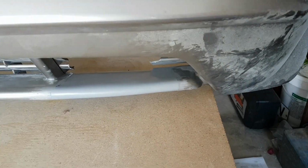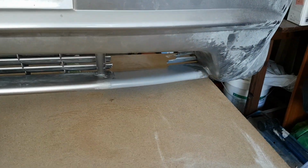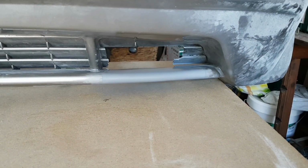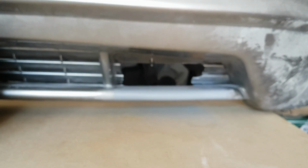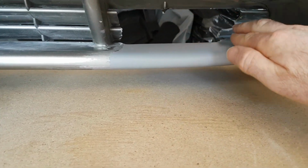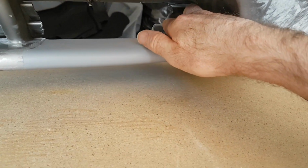Right, so finally stage 1 is done. I think that's the easy bit. Next bit is going to be a lot harder. So the next thing we've got to do is two things coming across. But what we've got to do, as you can see in the picture,